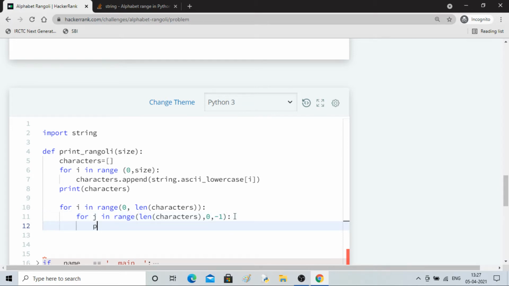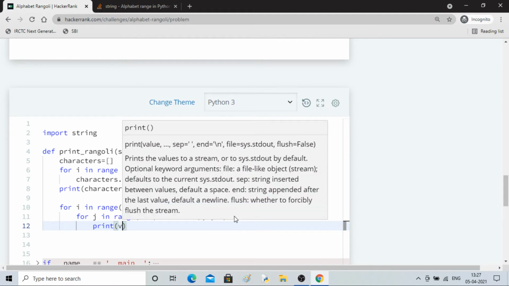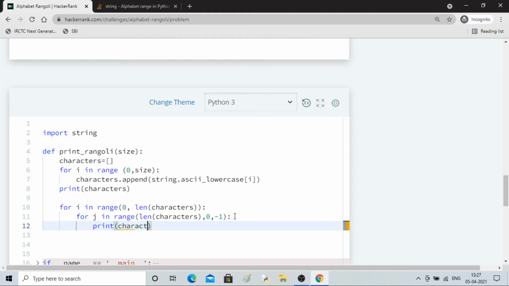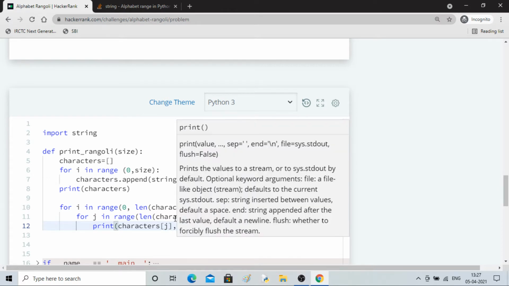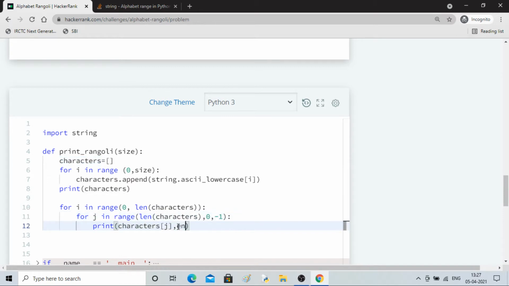Then I'll print characters j and end with a dash.